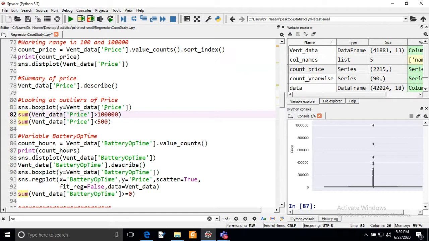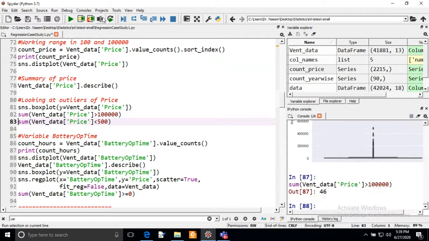So we can see how many values are above 1 lakh and how many values are below 500. This is the price of the ventilators, and we are trying to get the maximum price of the ventilators. You can see above 1 lakh we have only 46 entries. If you want to narrow down the range, you can also keep 80,000.